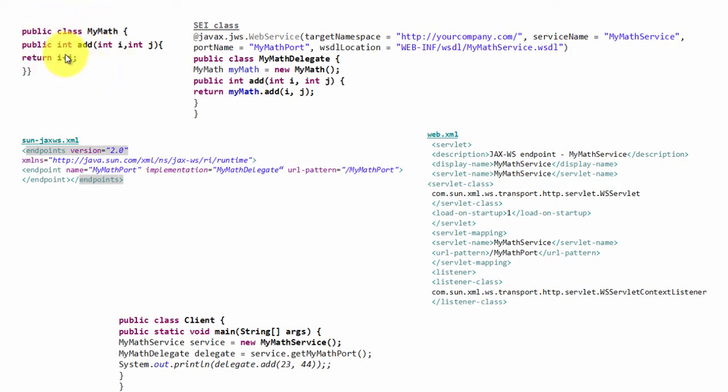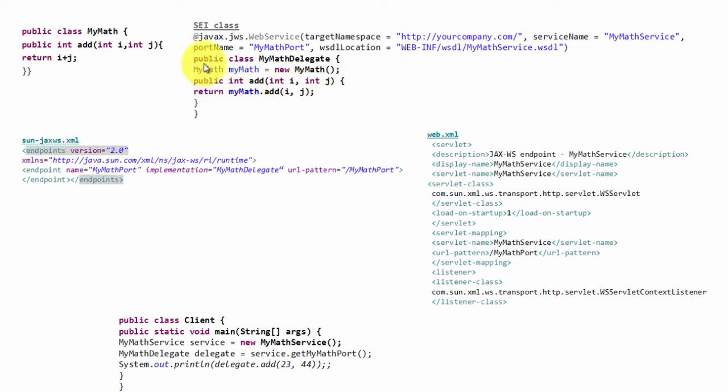That is because technology changes often. These annotations are nothing ultimate and they are never going to be final. And JAX-WS itself is nothing ultimate, it is not the final.